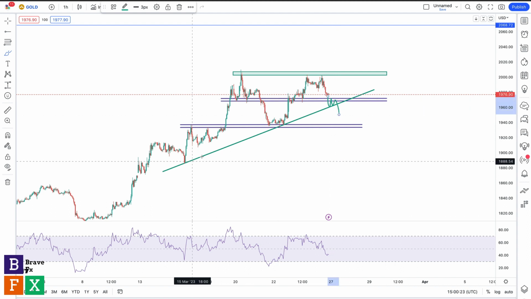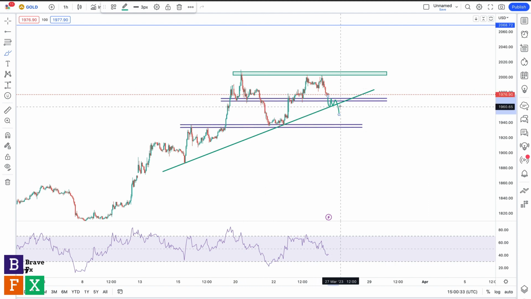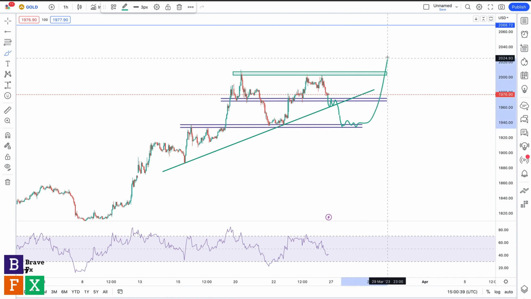So you can see this trend line had multiple bounces off this level and these levels, right? So we had a very good bounce off this level corresponding with this other area of value. So if we get something like this, it might be a good scenario to go short, targeting these lower levels here. So this could be our scenario to get a consolidation and then send gold all the way up to the resistance level. So if we get down to this area of value, then I'm going to look for an opportunity